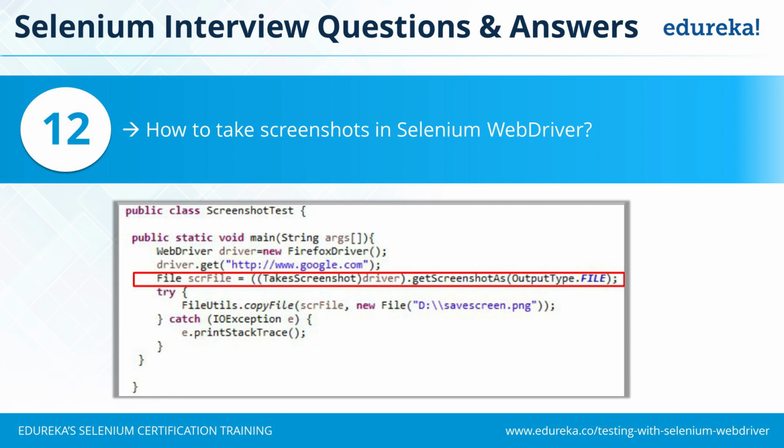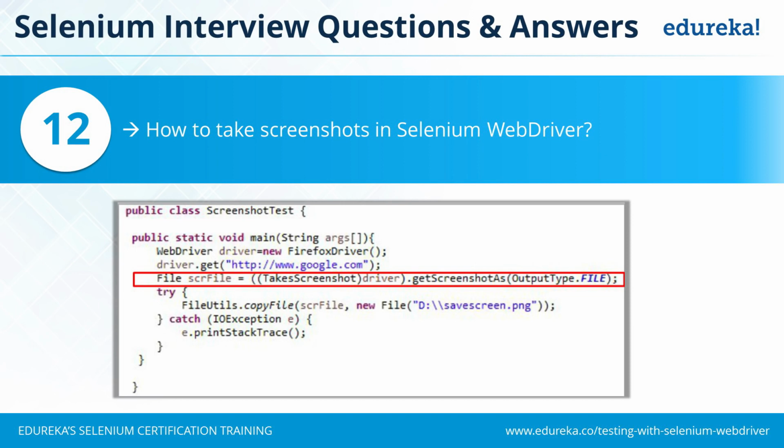Similarly, if the server is down and the client says, no, from my side the server is up, your automation scripts run and get a screenshot of the failure. Something might be displayed on the screen, like the application is not responding. You just capture it and send it across to the client: see, your application is not up from your end, and hence this is the proof. So a screenshot serves as the best proof in any case, success or failure. Keeping screenshots is a good practice, and let's see how to capture the screenshot.